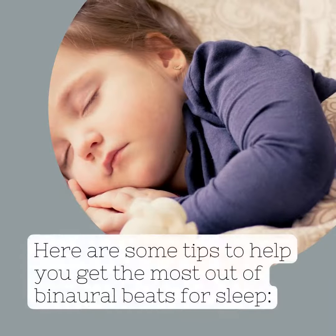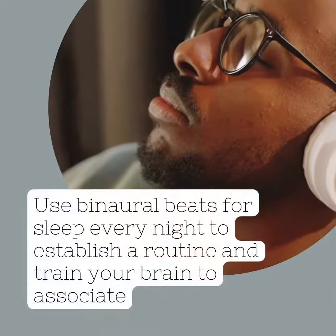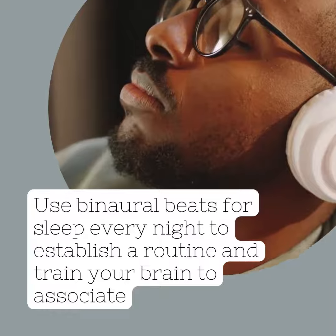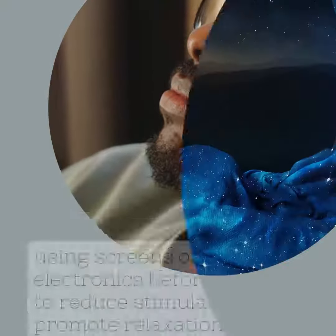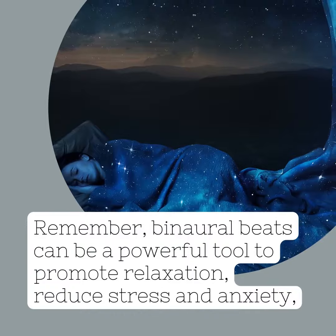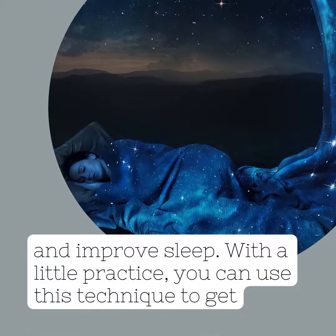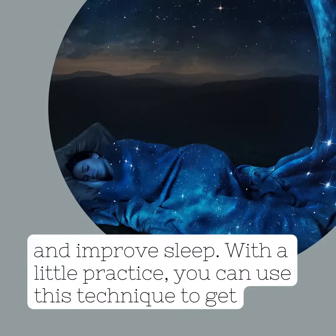Here are some tips to help you get the most out of binaural beats for sleep. Use binaural beats for sleep every night to establish a routine and train your brain to associate them with sleep. Remember, binaural beats can be a powerful tool to promote relaxation, reduce stress, and improve sleep. With a little practice, you can use this technique to get